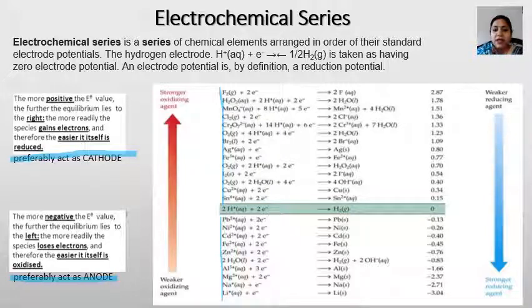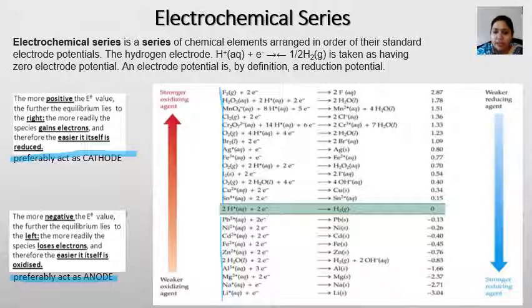Like here, if we take the example of lead, which has minus 0.13, and cadmium, which also has a negative value. Obviously cadmium has a more negative value as compared to lead. Lead is above cadmium, so lead has a less negative value as compared to cadmium. In this case, lead will act as the oxidizing agent, means lead will get reduced in the presence of cadmium,